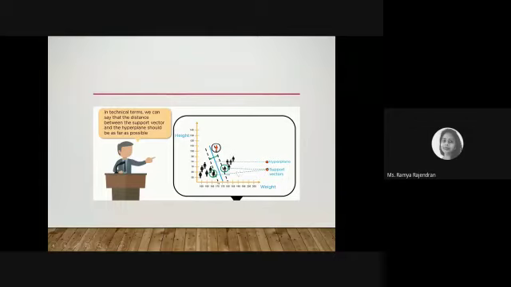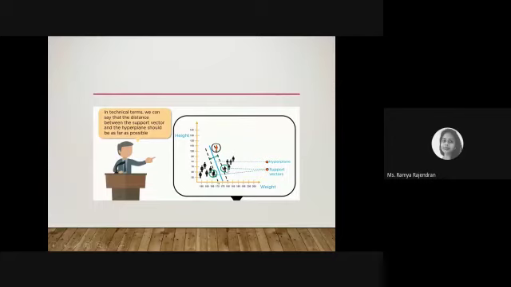So in technical terms, we can call these two points support vectors, because these are the vectors which support us in identifying the right hyperplane. That's why they are called support vectors. So this is our hyperplane. When we use this line, we are able to categorize this point as a male.